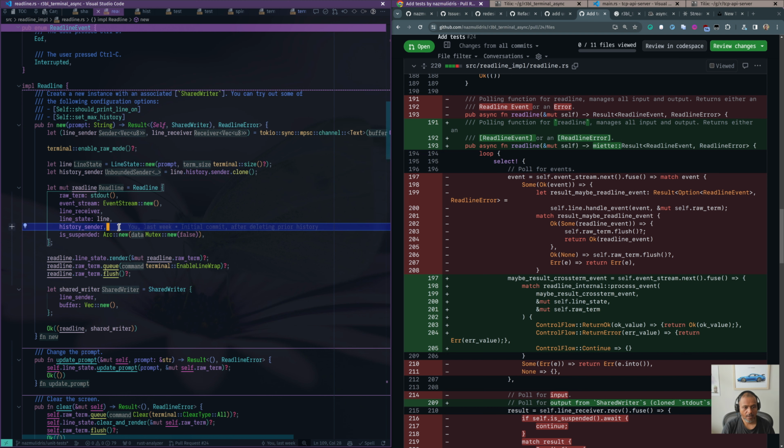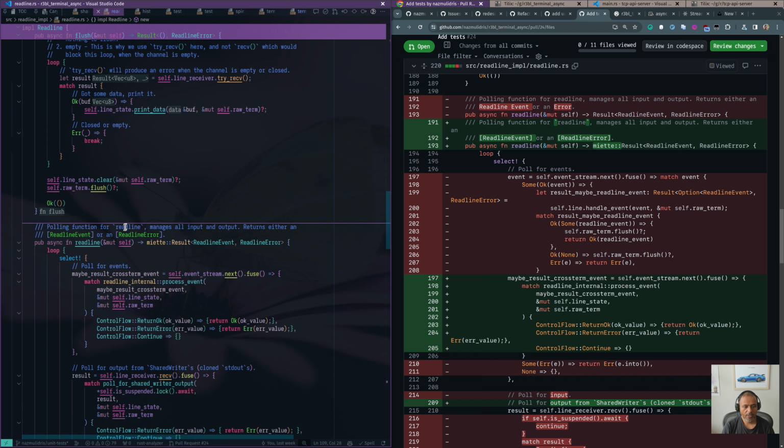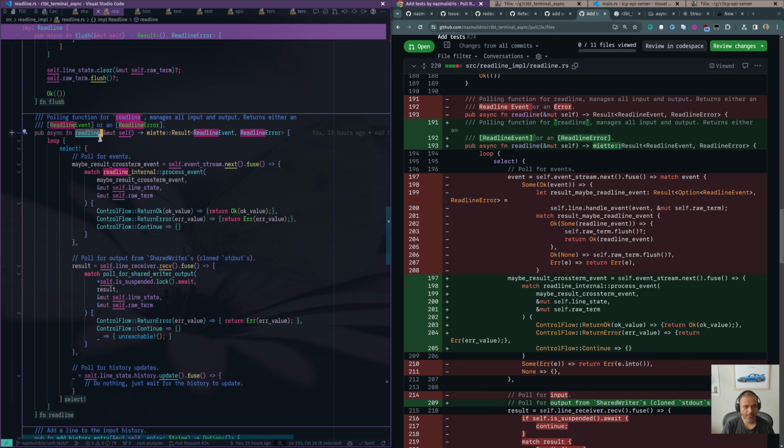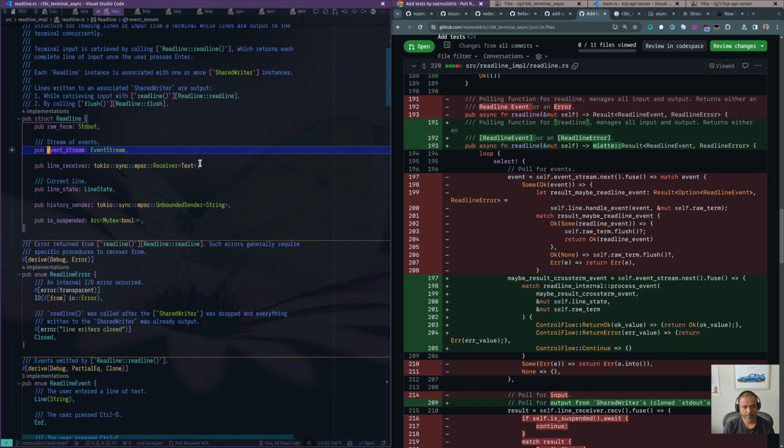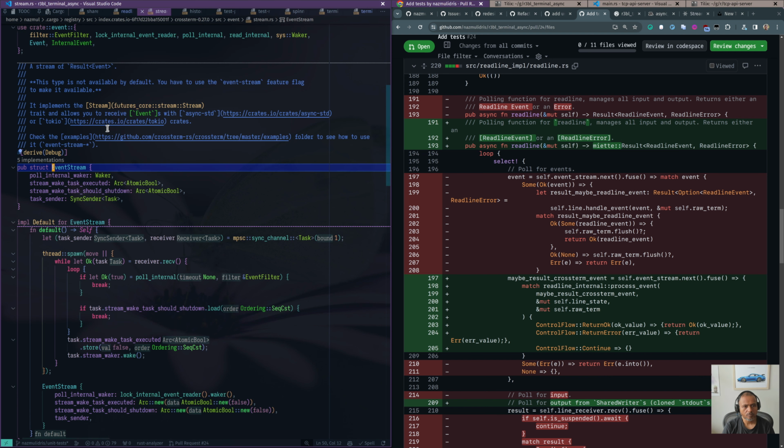So coming back to that function we were looking at, readline is the main function that applications will use to actually derive value from this crate. Right away, what it does is look at this event stream, which is something provided by crossterm, and essentially relays when you type something. Remember the terminal got put into raw mode, so when you type A, B, up, down, every single keystroke, and mouse actually,